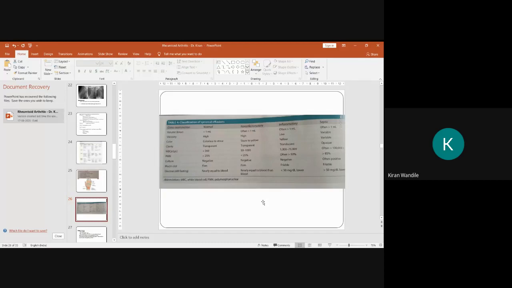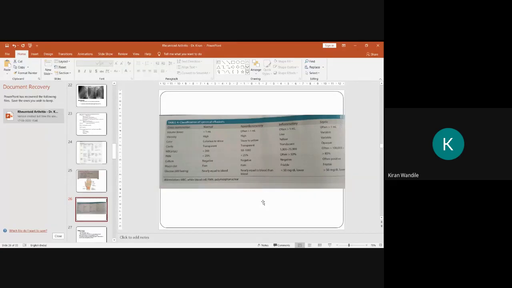So we'll do the examination of the synovial fluid to establish our diagnosis. For that part, you should know what the normal components of the synovial fluid are. It is colorless to straw colored, transparent. WBC count is less than 200, PMN less than 25%. On culture, no growth is found. Mucin clot is firm, and glucose content is almost equal to blood.